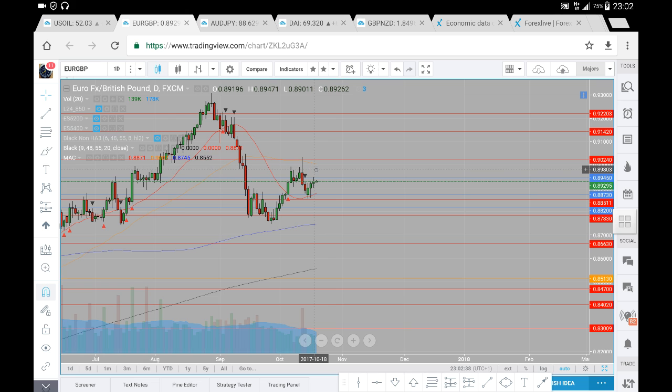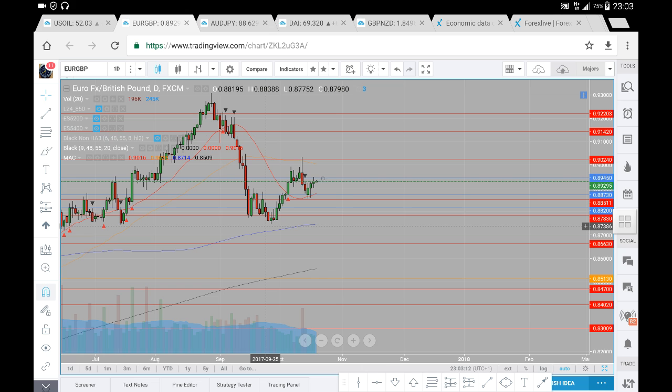So let's just have a look at what actually happened there. We opened at 89.19 and we closed at 89.26. So essentially 7 pips in the market, which is quite small, even though the ATR on the euro pound is quite low. Having 7 to 8 pips of actual bullish movement to the close is not exceedingly positive. But however, overall, this higher low,